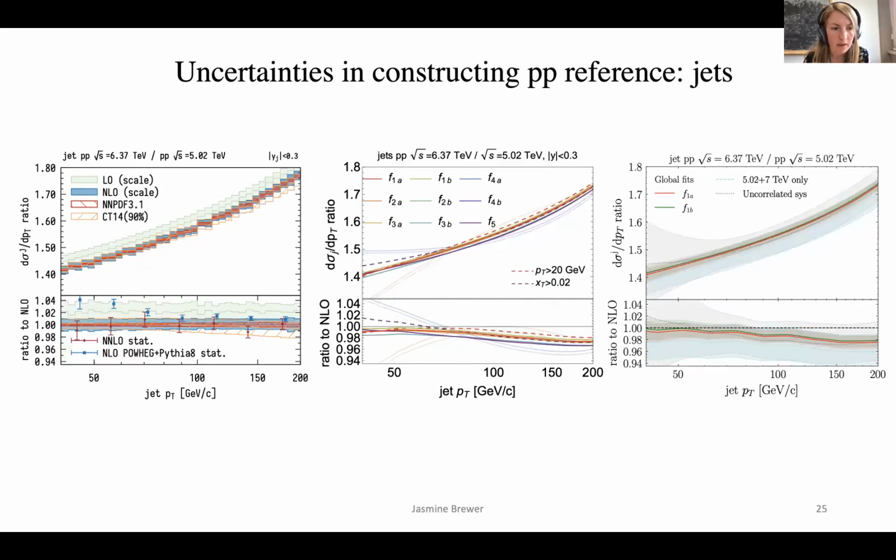And for jet spectra, we also found across the board, both in pQCD, from the fits, and also from the Markov chain Monte Carlo, few percent uncertainties, with some deviation between the next to leading order results and the fits, especially at high pT for the jet spectra. So this is a summary of what we get by trying to construct these spectra in different ways.